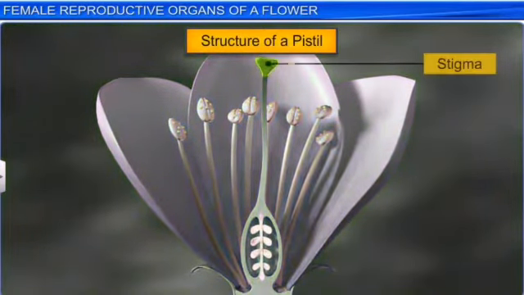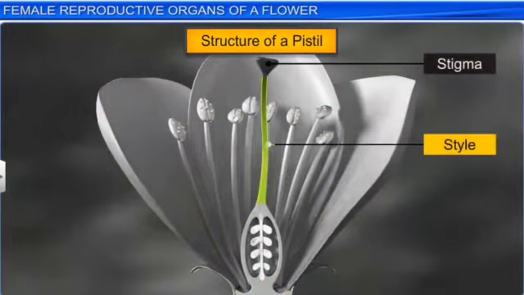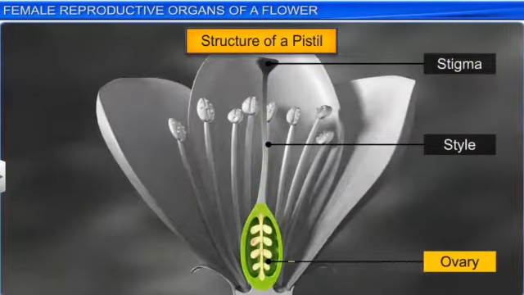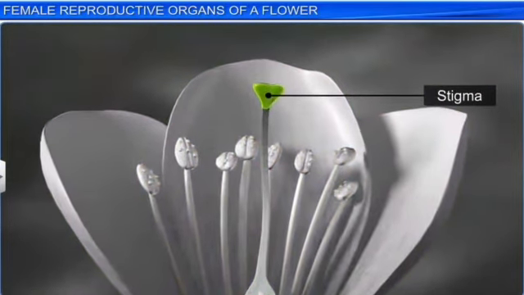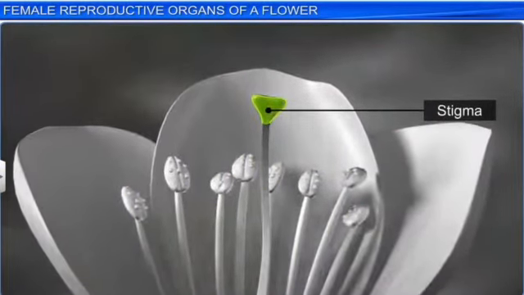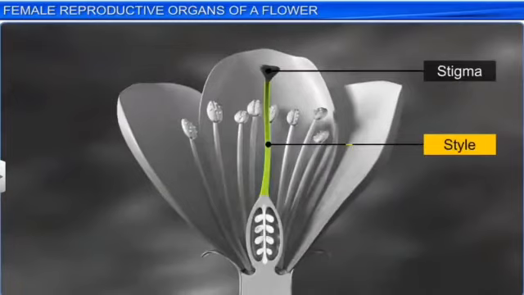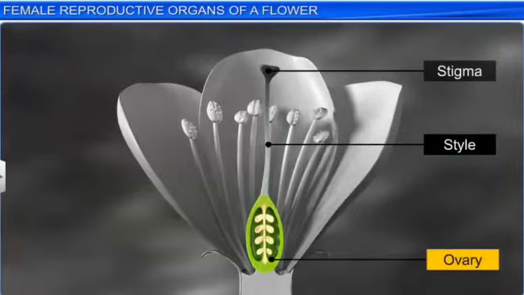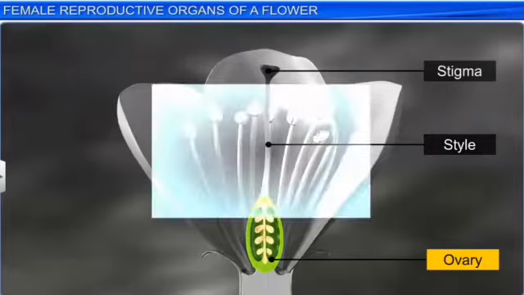It basically consists of three major regions: the stigma, that is the topmost region, then the middle tube-like structure, that is the style, and the lowermost bulged structure, which is having the ovule, is said to be the ovary. Now the stigma is the landing platform for the pollen grains. By the attachment of the pollen grains with the stigma, they form the pollen tube that goes through the style, which is the elongated slender part of the pistil, and then through it, it migrates towards the ovary, which is the basal bulged part of the typical pistil.